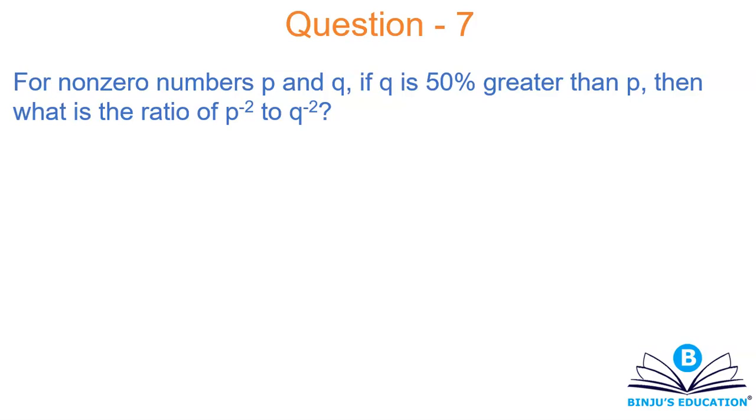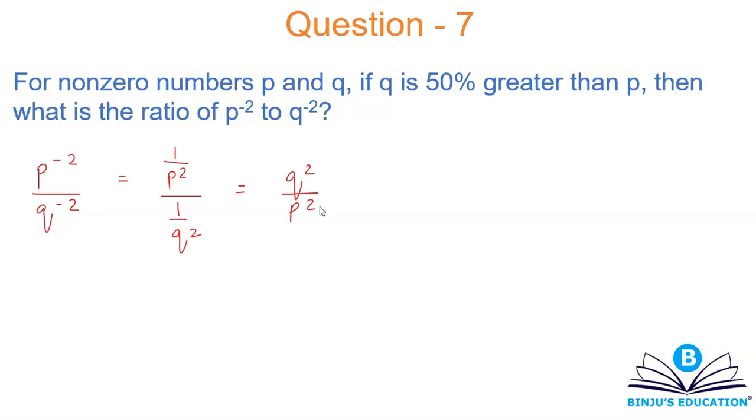Alright, let's try this one. So a relationship between P and Q is given to us. And what is the ratio of P to the power minus 2 to Q to the power minus 2? So what I wish to calculate is P to the power minus 2 divided by Q to the power minus 2. Can I also rewrite this as 1 over P square divided by 1 over Q square, which can I finally rewrite as Q square by P square or not? So they were supposed to ask you Q square by P square. Just to make the question a bit more difficult, they have given you P to the power minus 2 to Q to the power minus 2.